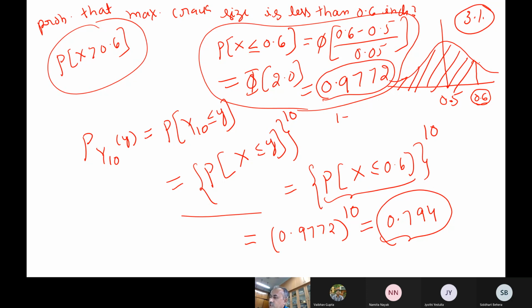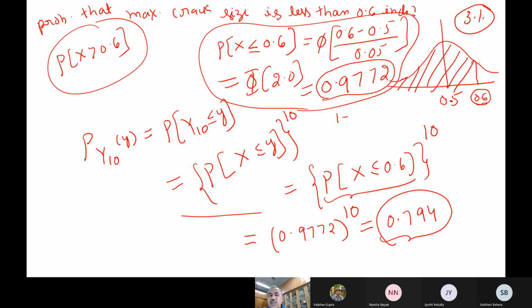That will be 1 minus this expression. So how much is it? Previously it was 3%. Now it is 20.6%. So you can see, there is extreme value theory. With the original data, where you mix everything, you may be underestimating these probabilities. You follow. This is a very good example which illustrates the difference between taking the whole data in one go, and using the extreme value distribution, and how much the numbers will differ.